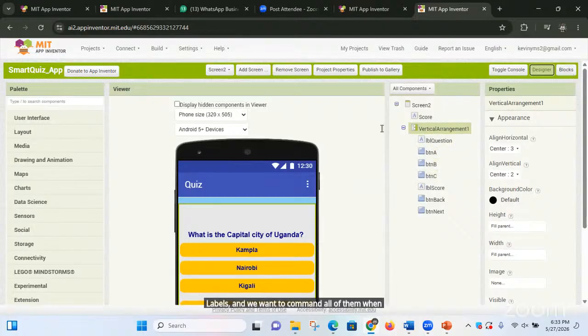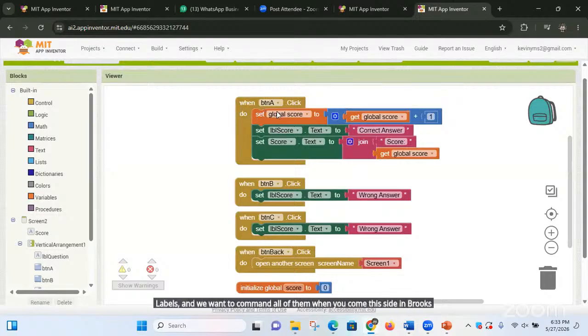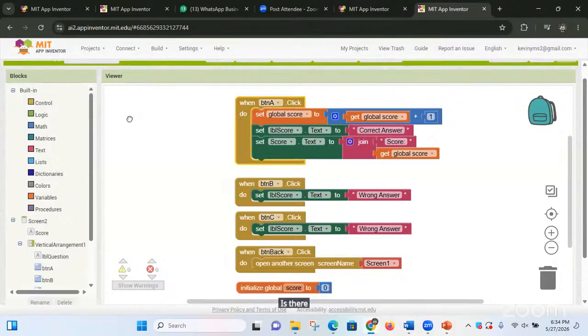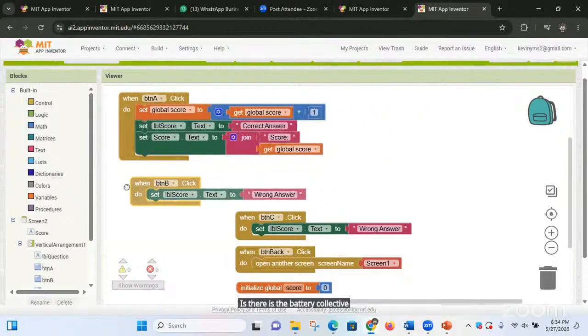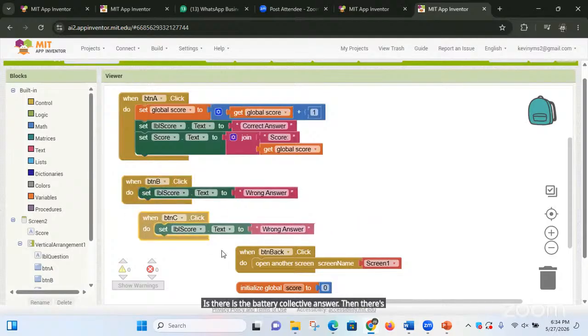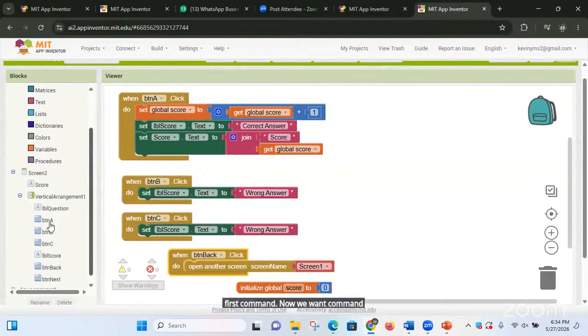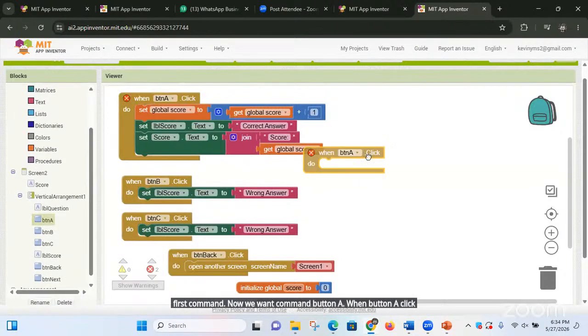When we come this side in blocks, when button A, remember our button A is the button with the correct answer. Then there's button B, button C. Now let me build the first command. Now we want to command button A. When button A clicked,